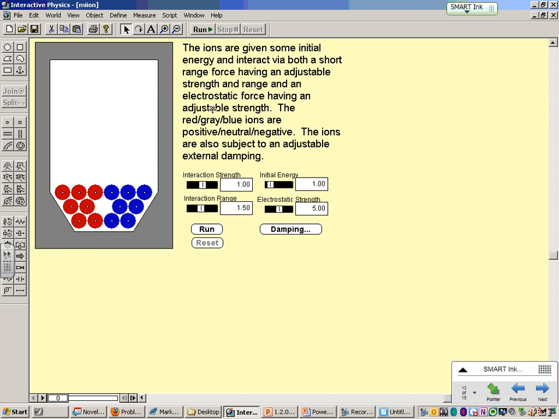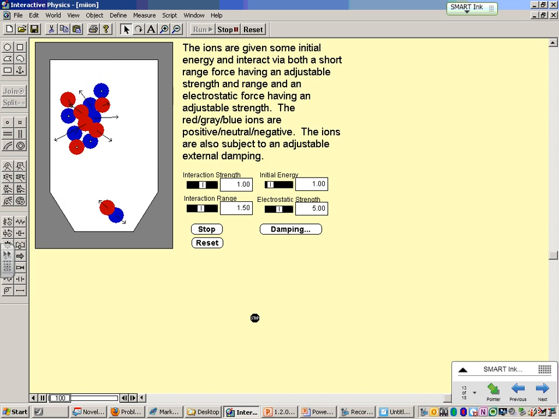In this virtual beaker, in this virtual container, there are red and blue ions. The red ones are positive, and the blue ones are negative. You'll notice they're separated out right now. In a program like this, we can program physical properties for these ions. What we've programmed for them now are opposite charges. What I'm showing you here is, if you have a bunch of oppositely charged particles like ions together that can interact with each other, something just naturally happens due to the laws of physics. So if I run this simulation,